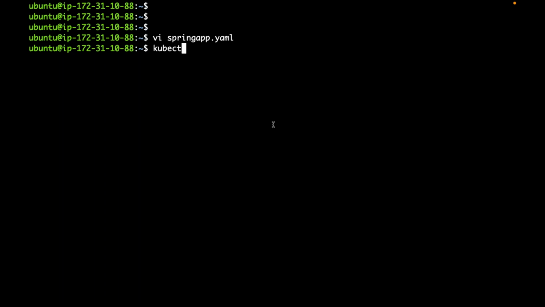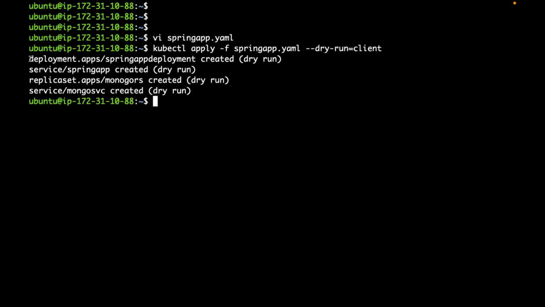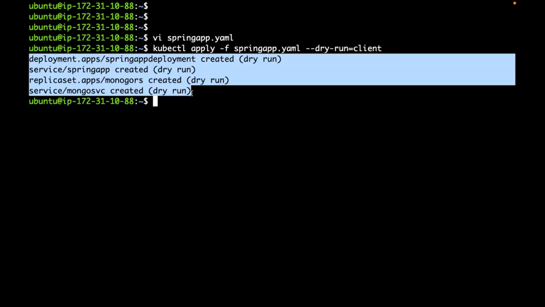Now if I want to do a dry run to check whether my YML is proper or not, I can use dry run equals client or server. Is my YML proper? Do I have any indentation issues or any invalid attributes? No.